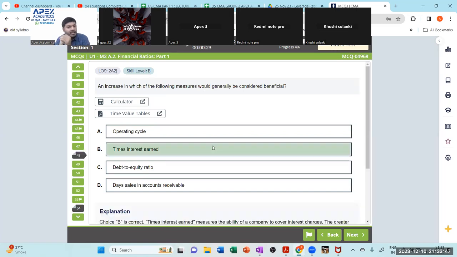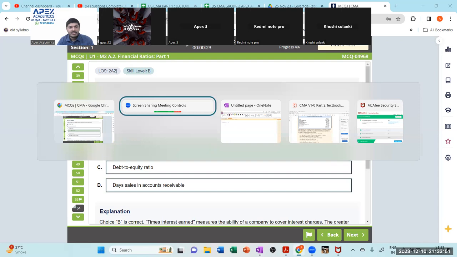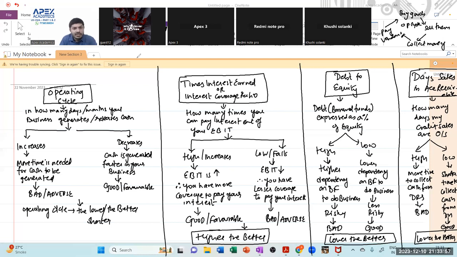Times interest earned. Sir, what is the justification of this particular one? My dear friends, we just drew an entire chart for the justification of this particular ratio. Yes or no? So what is this? This is your justification to question number 48, MCQ number 4968